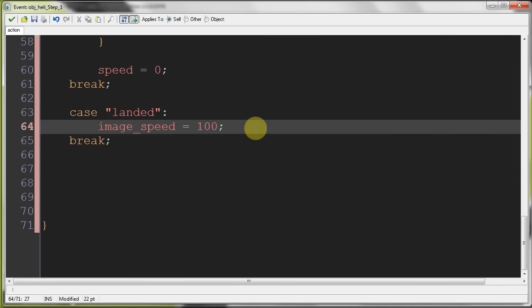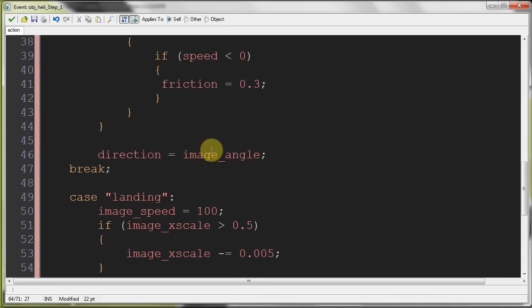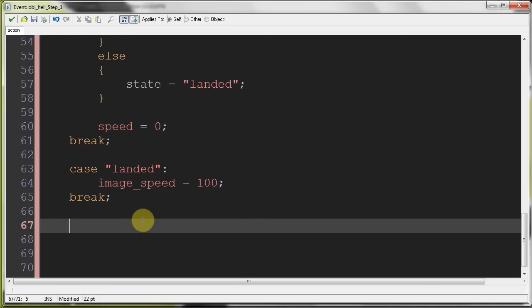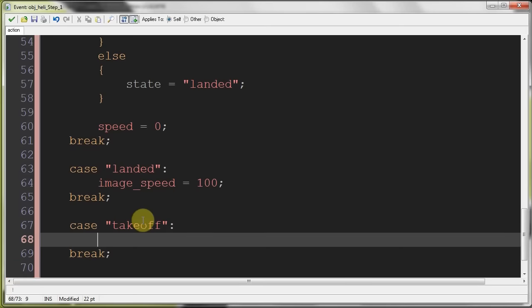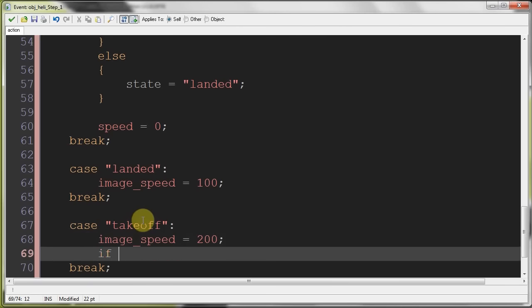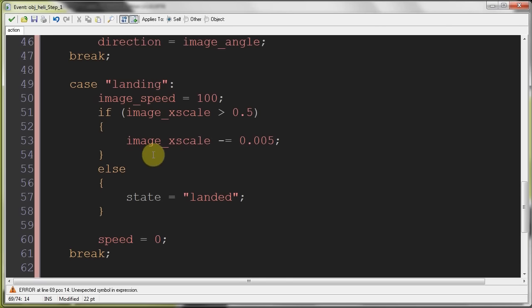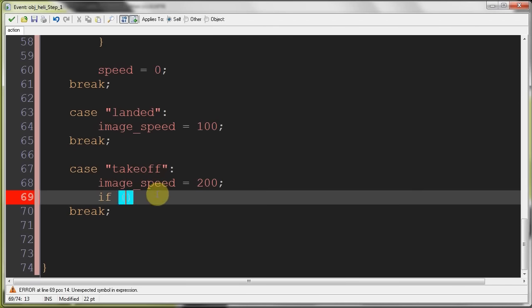Obviously the enter changes the state, and if it changes it from landed to takeoff, which we still need to do now, then that'll have its own case right over here. Just make sure that we spell these things correctly, otherwise it will break. But not like a break statement, it'll actually just not work. So when we are taking off, our image speed is going to increase back to 200. We're going to do the opposite of what we did over here. So we're going from 0.5 to a 1, to full size of our chopper, or helicopter if you want to call it that, too. If image